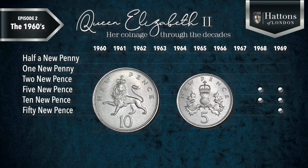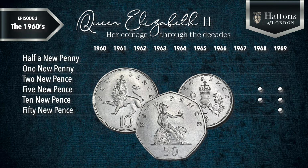The following year, 1969, saw the release of the world's first 7-sided coin, the 50p, which was to replace the 10-shilling note. This led to the unusual situation of pre-decimal and decimal coins circulating side by side for almost 3